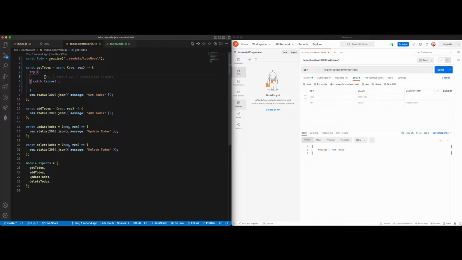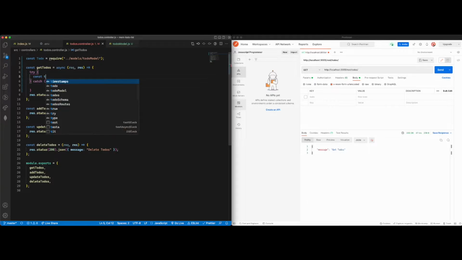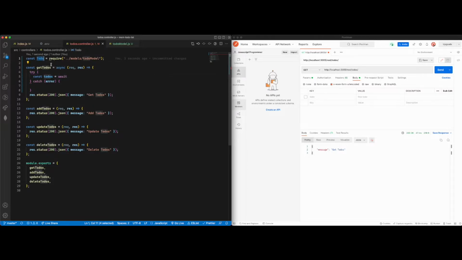Now inside the try-catch, or inside the try, we want to attempt to find all of the to-dos, right? So what we could do is const todos equals await, and we can call this model right here. I can simply copy that, paste it right there,